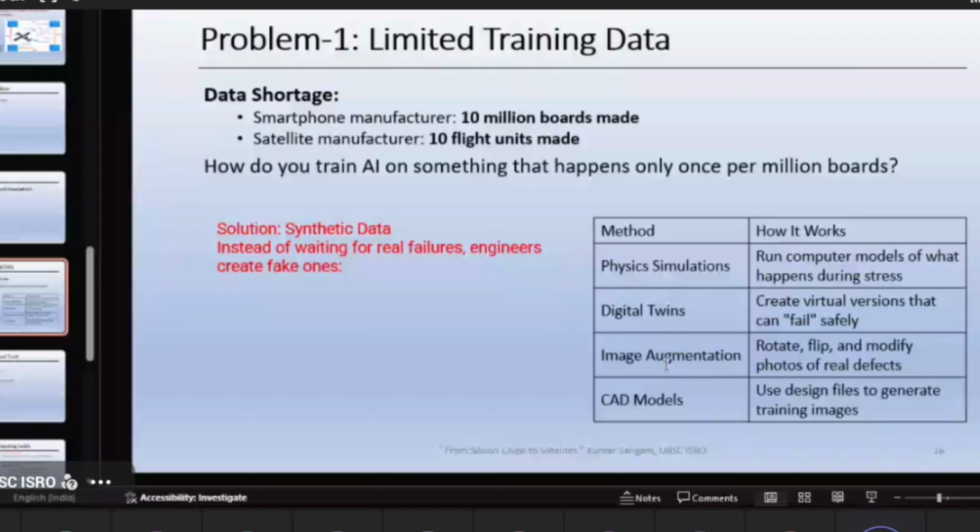Image augmentation, because here our focus is on inspection of soldering joints. Let's say a PCB is slightly tilted when it comes to the camera. What will the model do? It won't be able to find the defect because it has not been trained on that. So all those conditions will make different images for the same image. We'll rotate it, flip it, modify the photos, change the background, change the transparency and everything, so that for one single image, we are able to generate n number of images which are useful for us.